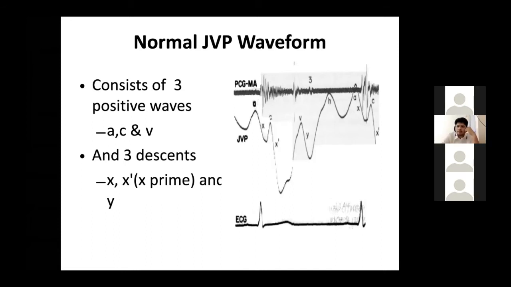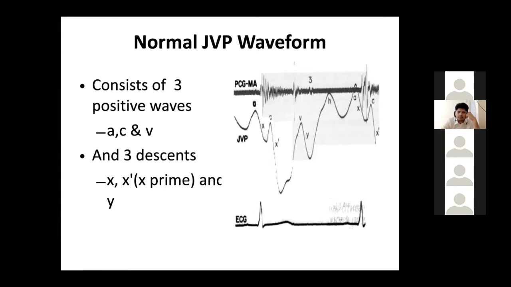And after the X descent, when the tricuspid valve is closed, there is a bulging during the isovolumetric relaxation time. That is, all the valves are closed, the volume is constant, but the pressure is rising. Because the pressure is rising, the tricuspid valve bulges into the right atrium. That causes a C wave. There are two hypotheses of the C wave. One is the bulging of the tricuspid valve into the right atrium, and second, they say it is due to the carotid artery pulsations. Not much important, not seen in JVP. You may just neglect it, but know the mechanism.